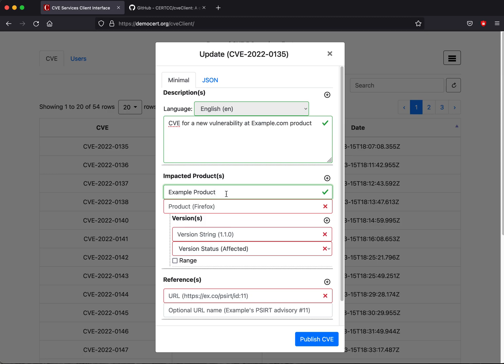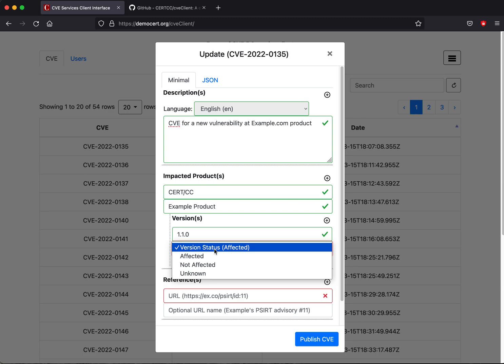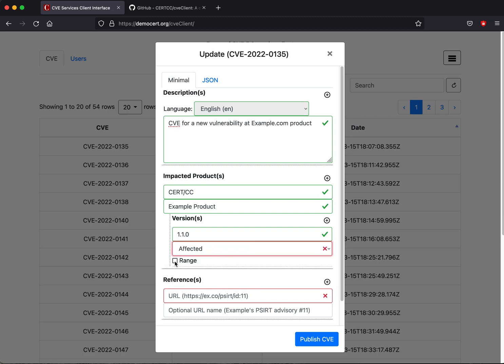Put the vendor name here as CERT, product as example product, and version as, say, a semantic version of 1.1.0. The status could either be affected, not affected, or unknown status. These two are the preferred ways for you to update your status. And you can also have a range of versions if you prefer that